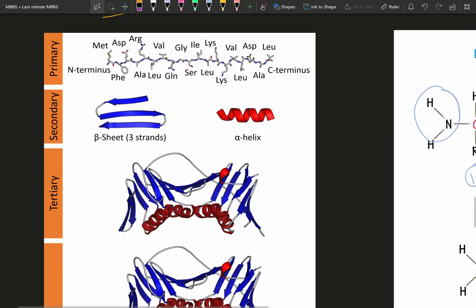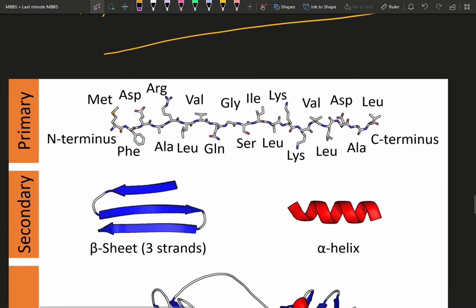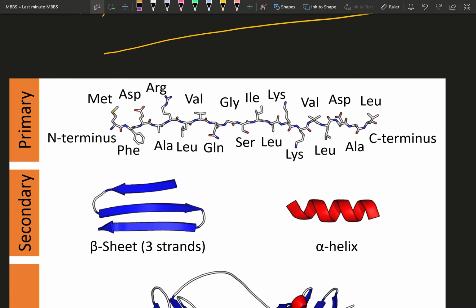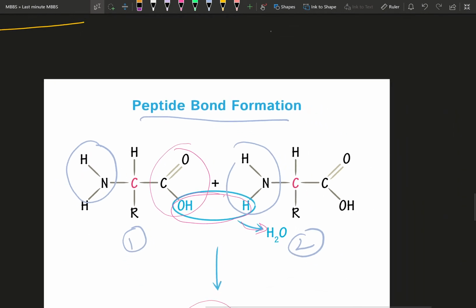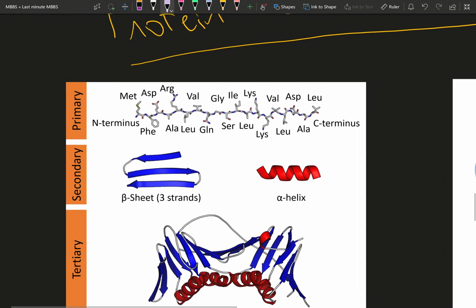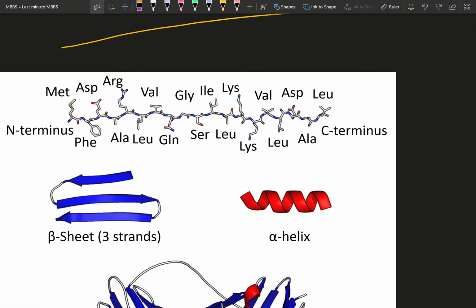So how it proceeds is this is the primary structure, which is like a link of all the proteins together. Basically these are just 2 points. There are going to be several other points and they are going to be linked together like this. This is the primary structure which is shown over here. So methionine, phenylalanine, aspartate, arginine, alanine, all these are different amino acids with different groups, which are shown over here.